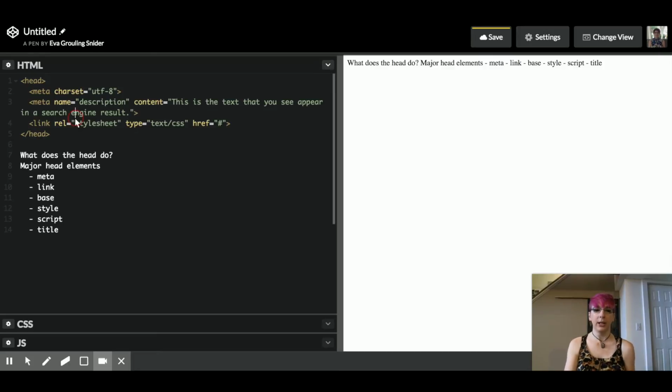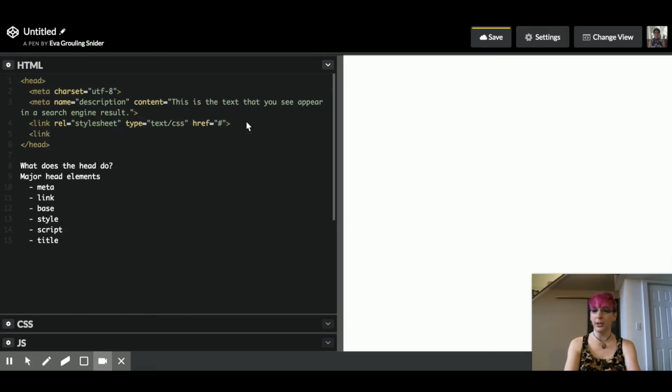So when you're writing in CSS to style your HTML, you're going to write it generally in a separate document, a .css file, and that is going to be linked to your HTML via this link tag. Link can also be used to link other kinds of external documents, such as a favicon, which is specified